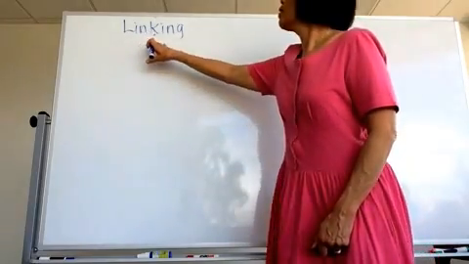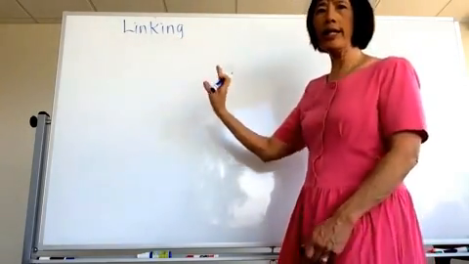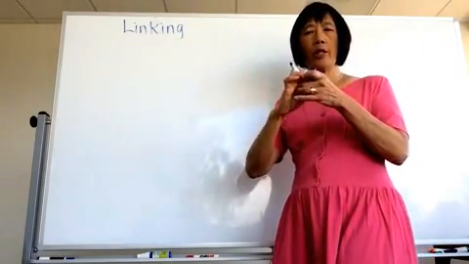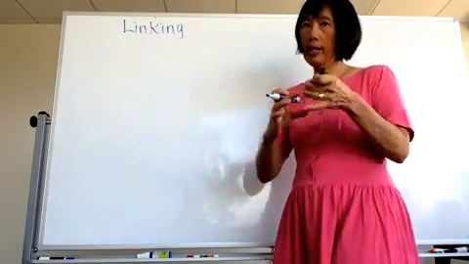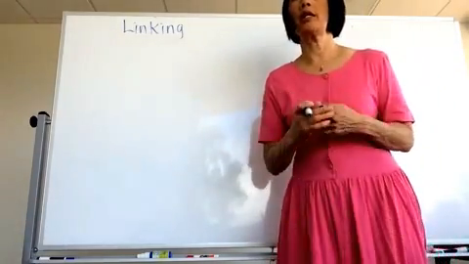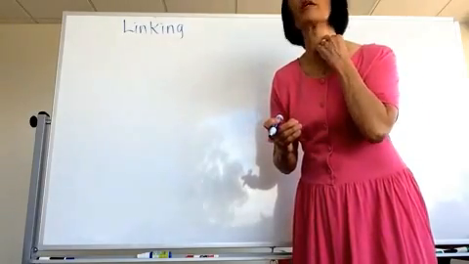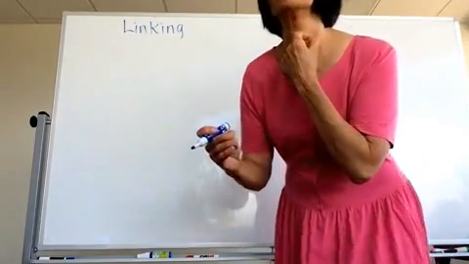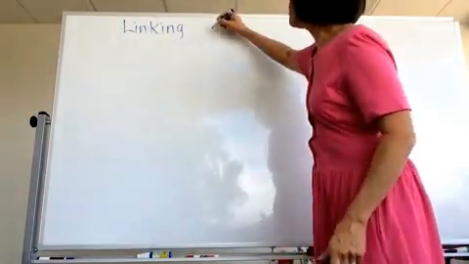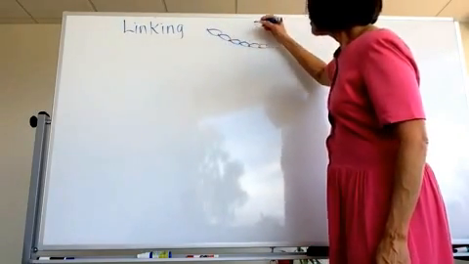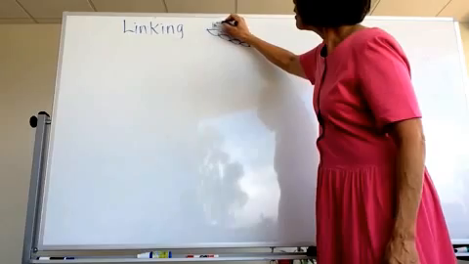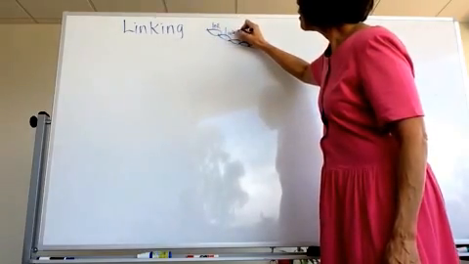Okay, so today we're going to talk about linking. Linking means to put the sounds of one word with the sound of the next word together, all right? And we think about a chain. For example, I'm wearing a chain, very thin. The chain is made like this, and this, and this. This one is a link, and this one is a link, and this one.